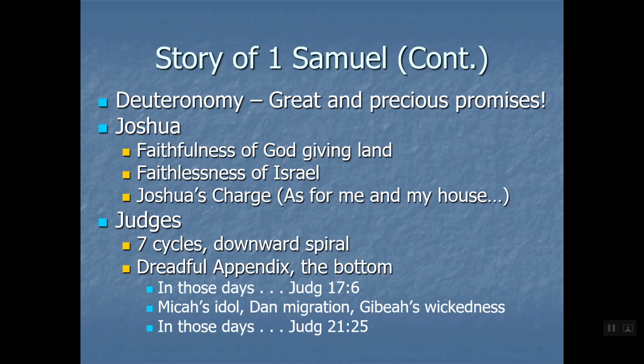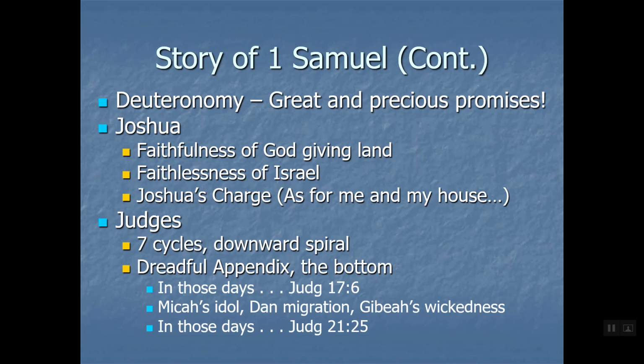Obviously, Hannah's going to come on the scene. She's very important. But Samuel is the key character that comes on. Now, I want you to think, if you're reading through the scriptures that are in our canon, I want you to just for a moment pretend that Judges 17 through 21 didn't exist. Just for a second. It does exist, and we'll come back to it. But pretend it didn't exist. What was the story just before Judges 17 to 21?